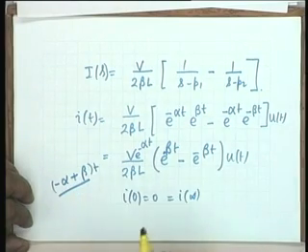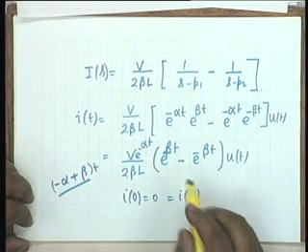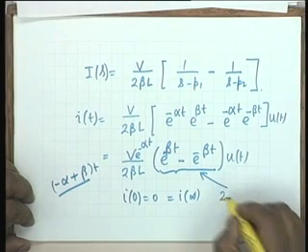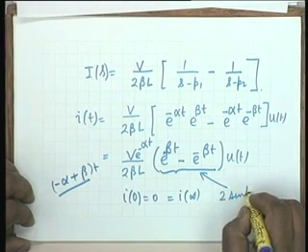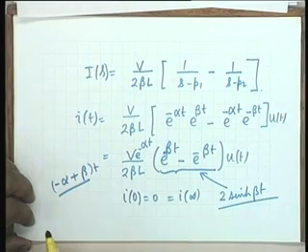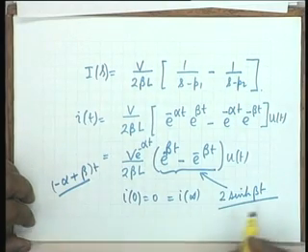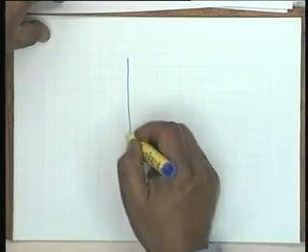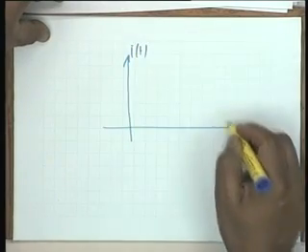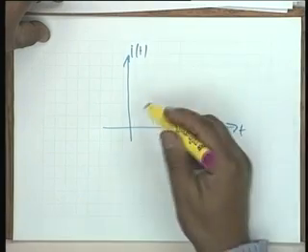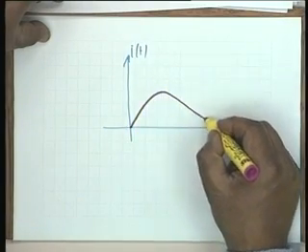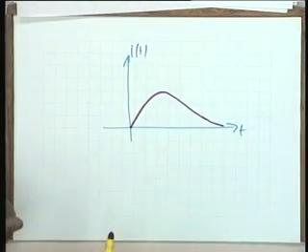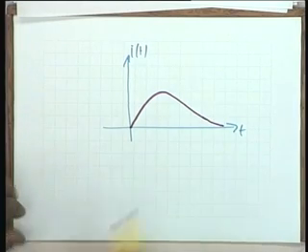And in between, can it go negative? Well, if you recall the definition of hyperbolic functions, this is simply twice sinh of beta t, and sinh can never be negative, and therefore this whole quantity is positive. In other words, the variation of I of t versus t shall be of this form. It will rise from 0, it will get a maximum and then fall to 0. Is that okay? This is how the current varies.